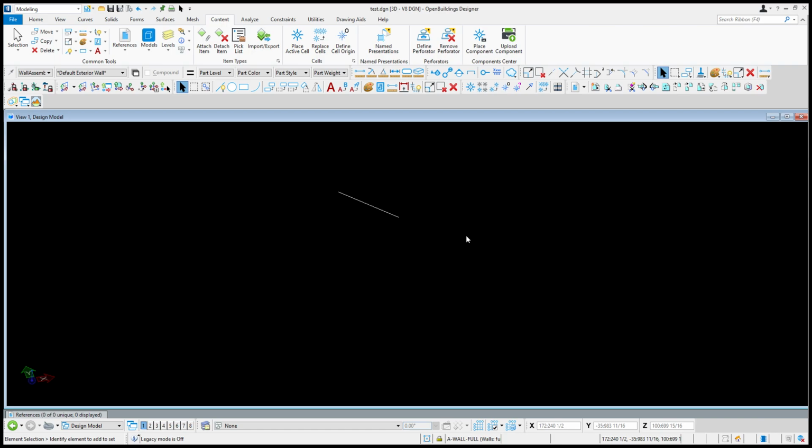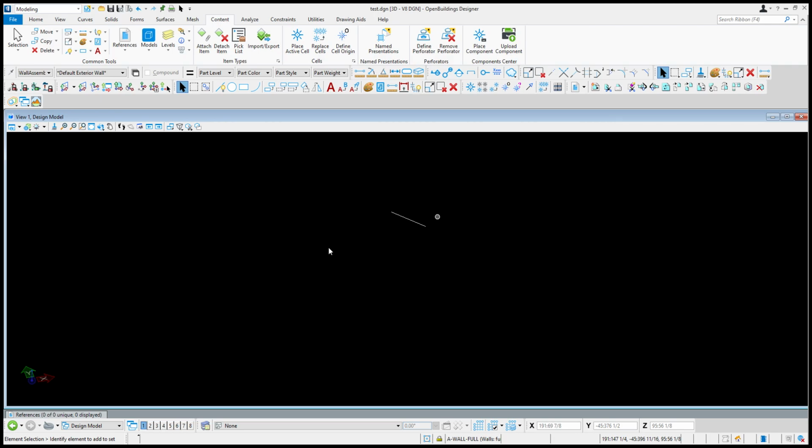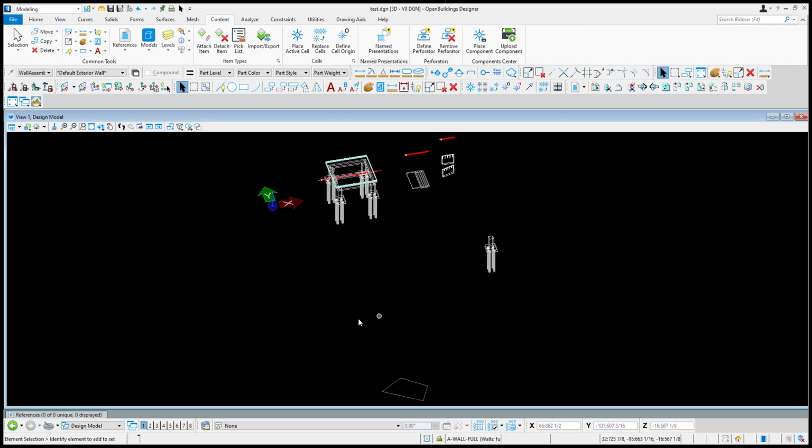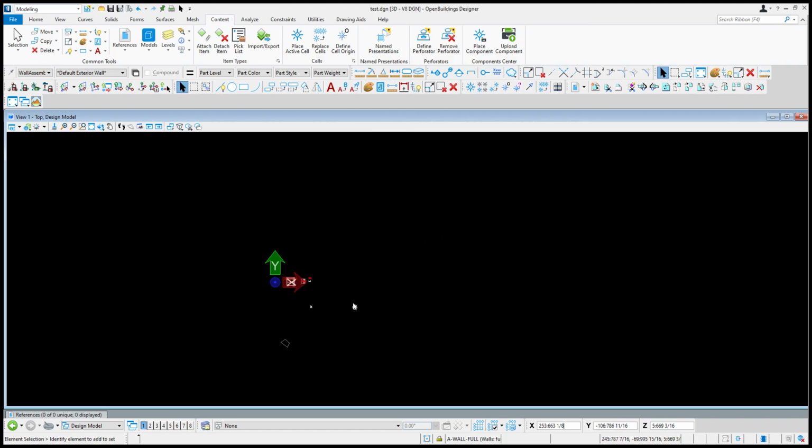Fit to view if you require. Yeah. So I need to place my cell. So go to place active cell. So here you can see my cell name is triple R. Okay, and so just click like this and place here